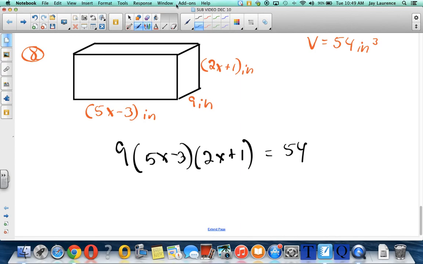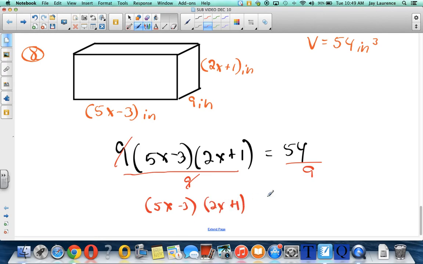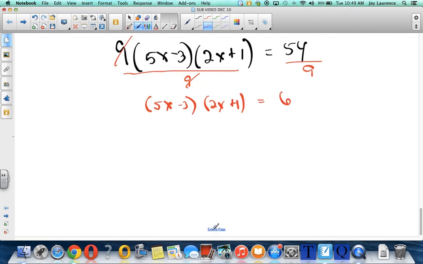Remember, we talked about it in class yesterday, hopefully in all the classes, but a good first step might be to divide by 9. That's what I'm going to do, because if I divide by 9, it's going to look an awful lot like other problems we've done before. The 9s will cancel. I'll be left with 5x minus 3 times 2x plus 1, and that's going to equal 6. Now I'm going to double distribute, and I'm going to get 10x squared minus 6x plus 5x